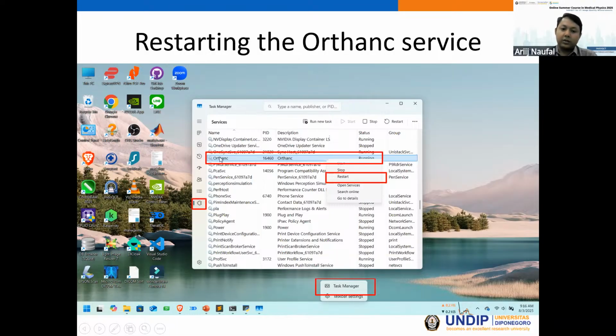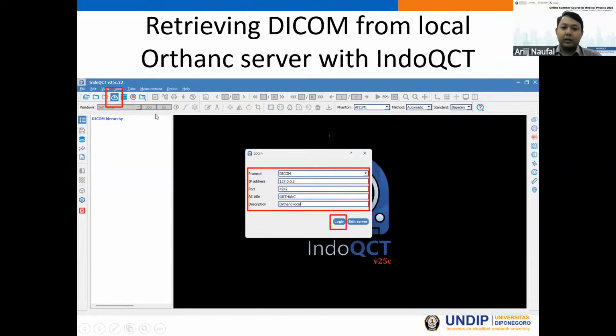And we search for the Orthanc service, right-click and restart the Orthanc service, or we can just use this button to restart. After we restart, Orthanc will apply the new configuration file,